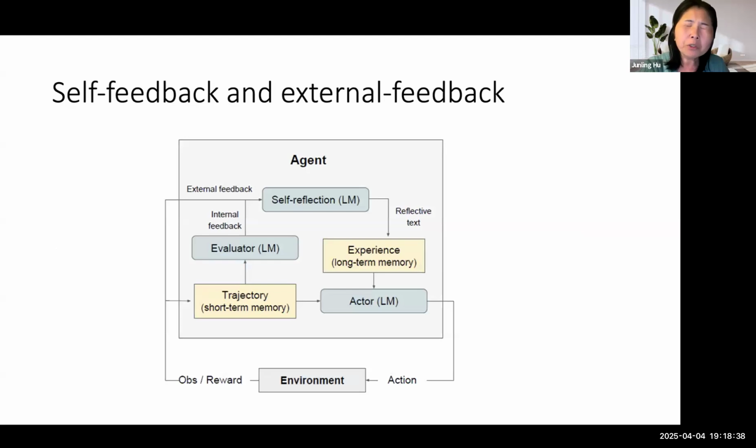So if we put this whole thing inside a framework, inside the agent design, essentially, we have this. What I just described is one so-called internal evaluator. This internal evaluator is called self-reflection or step-by-step. The external feedback is coming. I mentioned all the external tools give you the feedback.